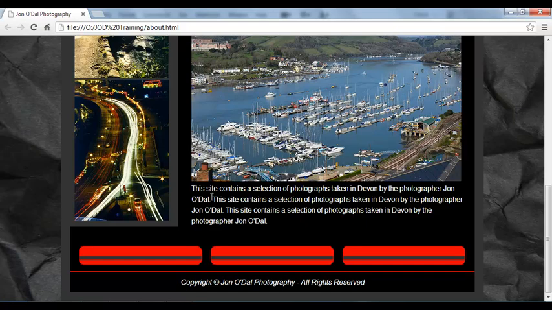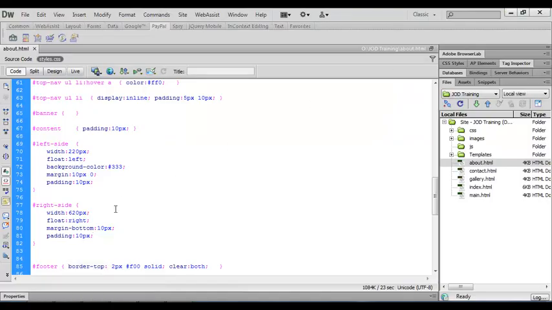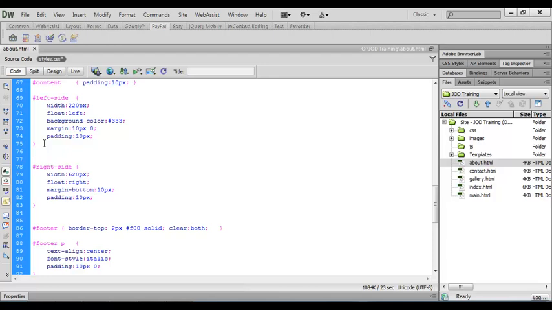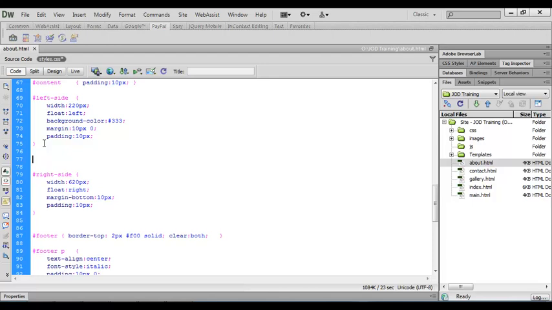Now the paragraph of text that we've got in this right area is pretty close to the image above it, so we're going to add a little bit of margin to the bottom of this image. We'll also add some margin to the bottom of these images just to give us a little bit of space between the two. So let's switch back to Dreamweaver. Now we don't want to apply margin to all of our pictures, we just want them to apply to the images within the left and the right side. So to do that we're going to create a new selector so that we can specifically target images within these areas. So we'll create a new selector called left side,